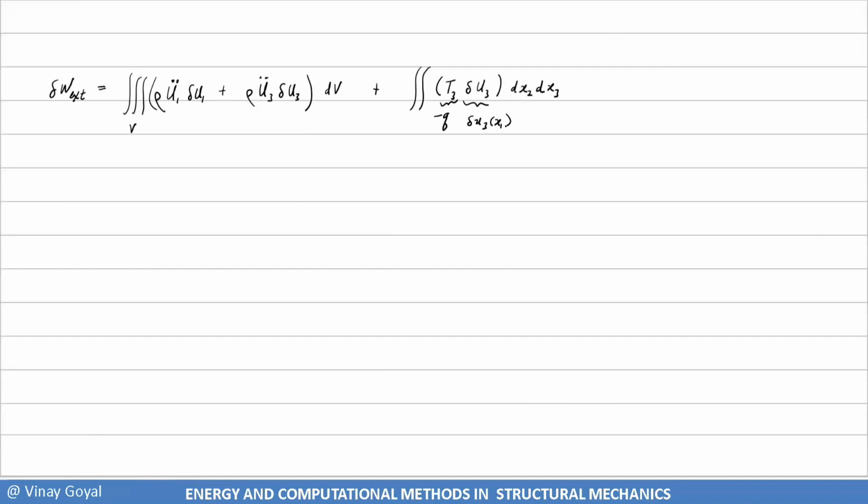So in essence, this right here becomes minus QA because del U3 does not depend on dx2 and dx3, and Q also doesn't depend on that. So in fact, I just get del U3 at x1 equals L because that's where the load is applied, at that location. So that's a downward load applied. And then I have plus